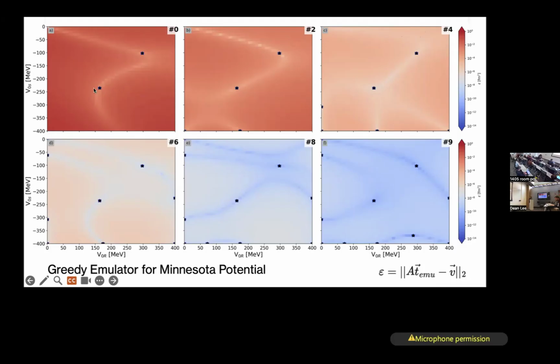Here I started with two random points in the sample space and did the emulation. With that emulation, there are errors approximated by this, and it chooses the point with the maximum error, and then it iterates through that